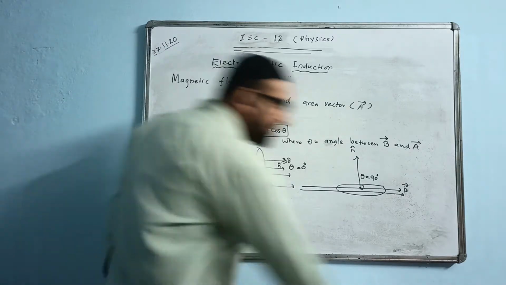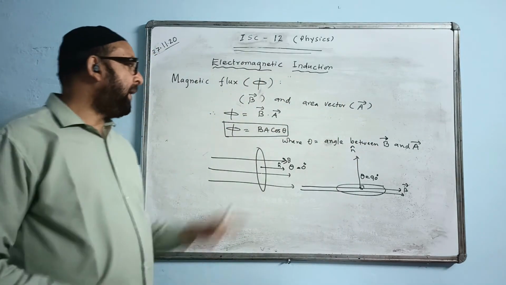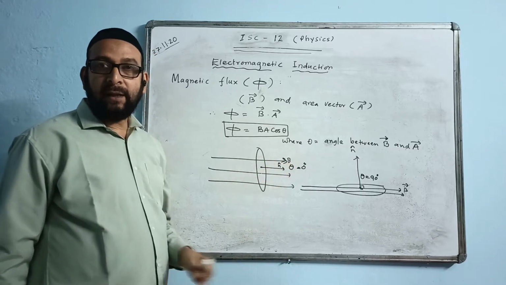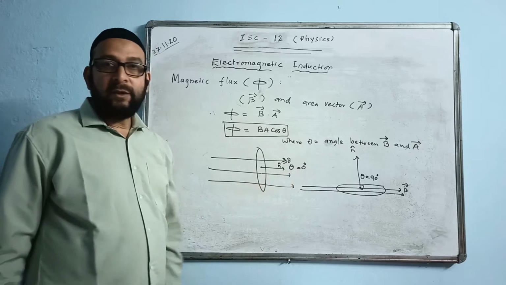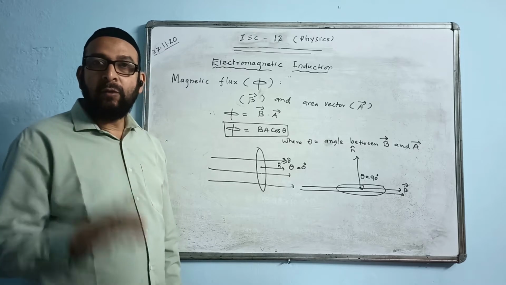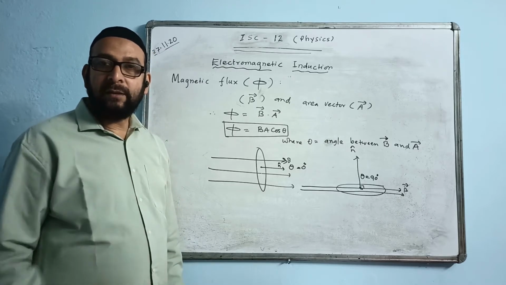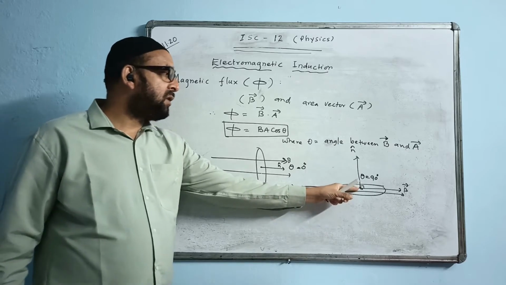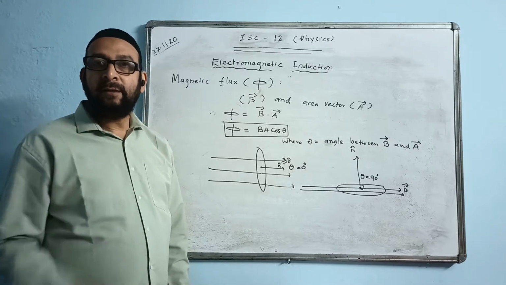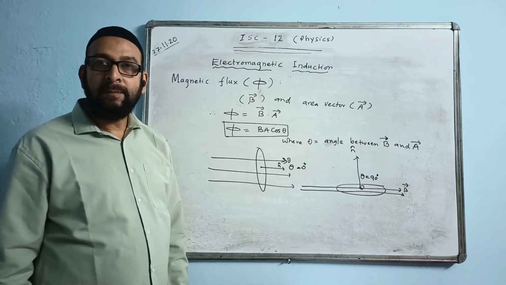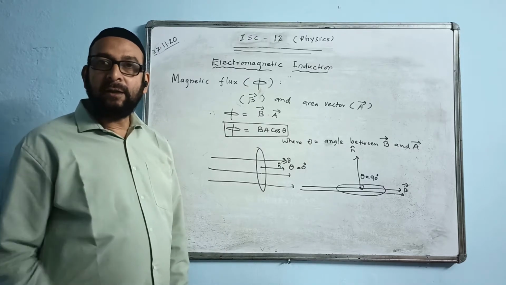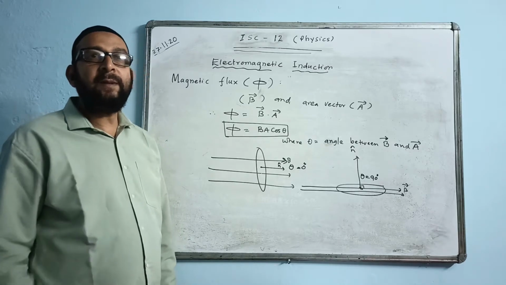Okay. So you have to read the questions carefully. If they say the plane of the coil is making 90 degrees, is perpendicular to the magnetic field, that means theta value will become 0 degree. The plane of the coil is at angle alpha, alpha is given 90 degree, therefore theta will be 0. 90 minus alpha will be the value of theta. If the plane of the coil is parallel to the field, that means alpha value is 0 degree, therefore theta value will be 90 degree. Alpha and theta are related to each other by 90 because alpha plus theta will be 90 degree. Therefore theta will be 90 minus alpha.